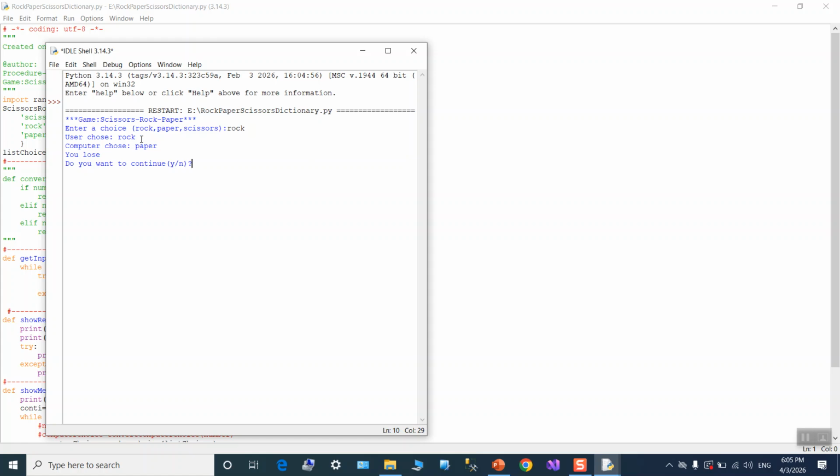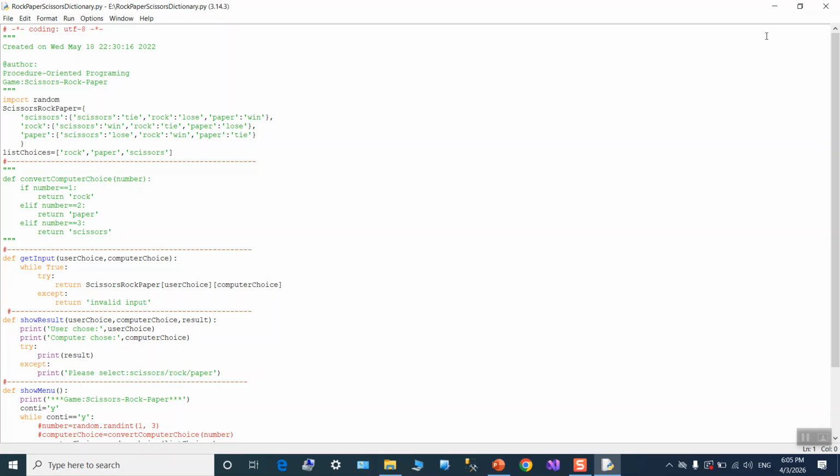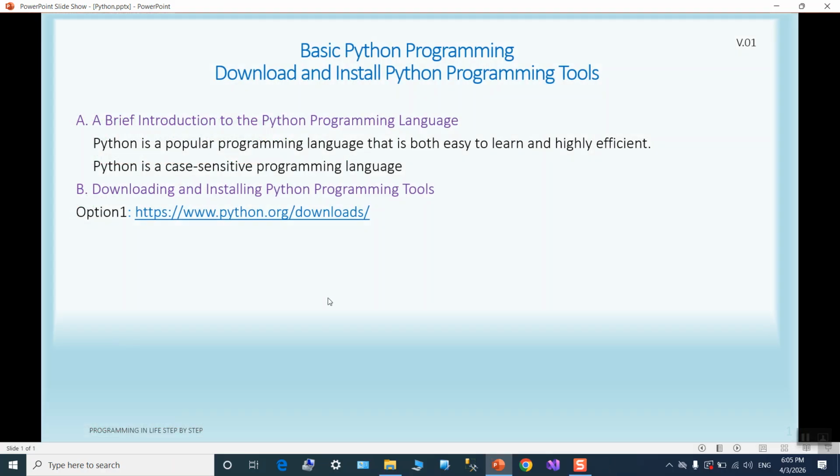You choose rock, computer chooses paper, you lose. Now we just installed Python. Close. And